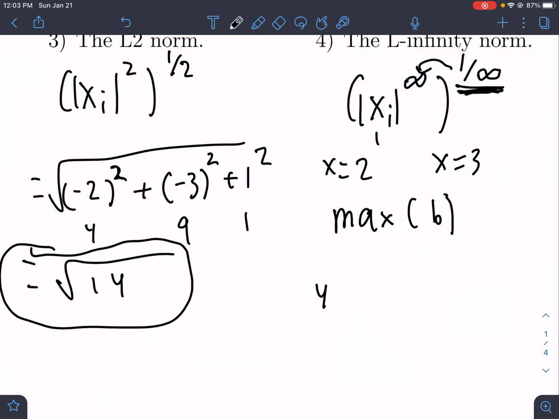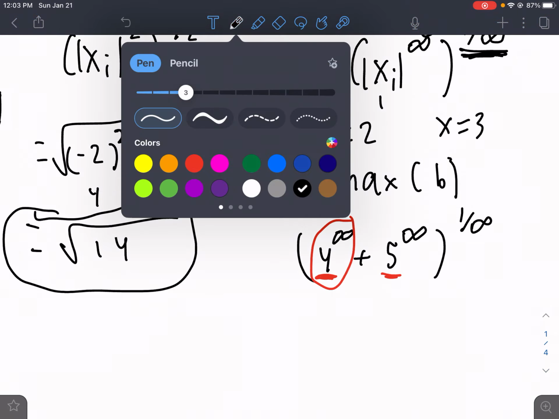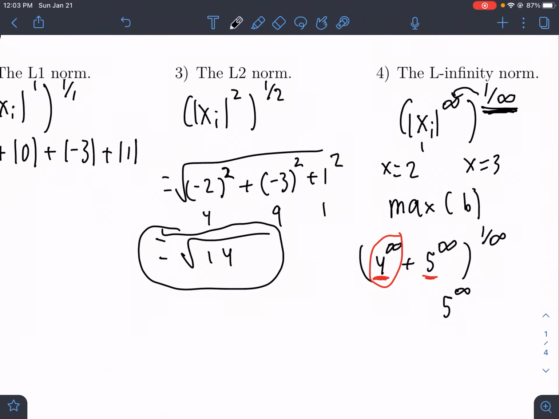So if we have 4 to the infinity plus 5 to the infinity, and we put that all to the 1 over infinity, then you'll find that the 4 term just doesn't matter. It's too small when compared to the 5 term. So the 5 to the infinity term overrides, and we estimate this as 5 to the infinity. So with that in mind,